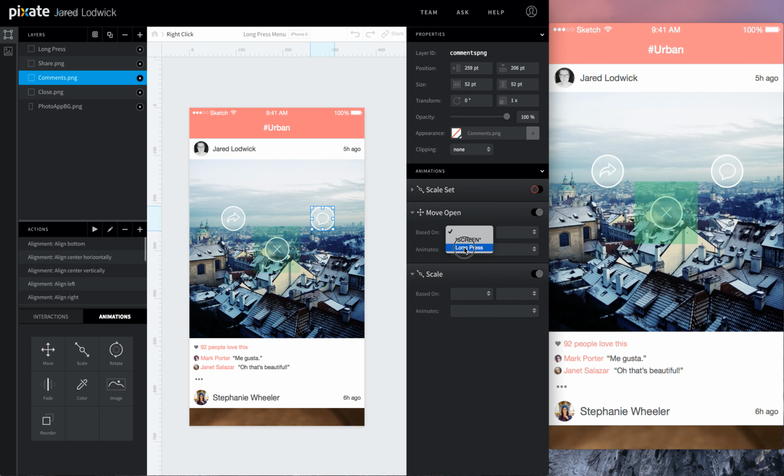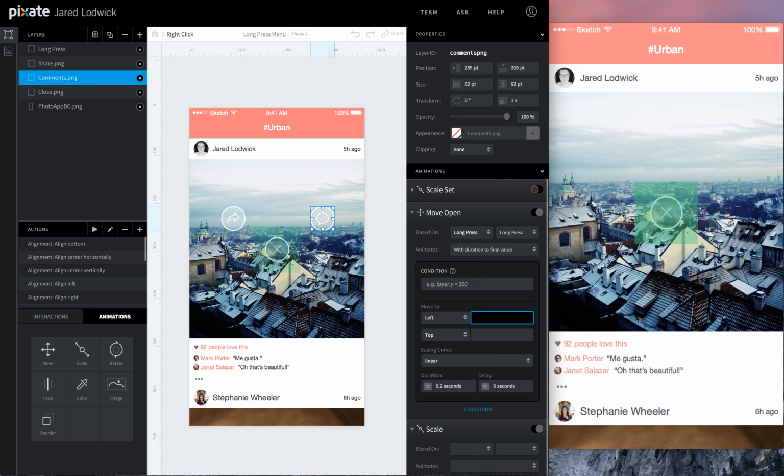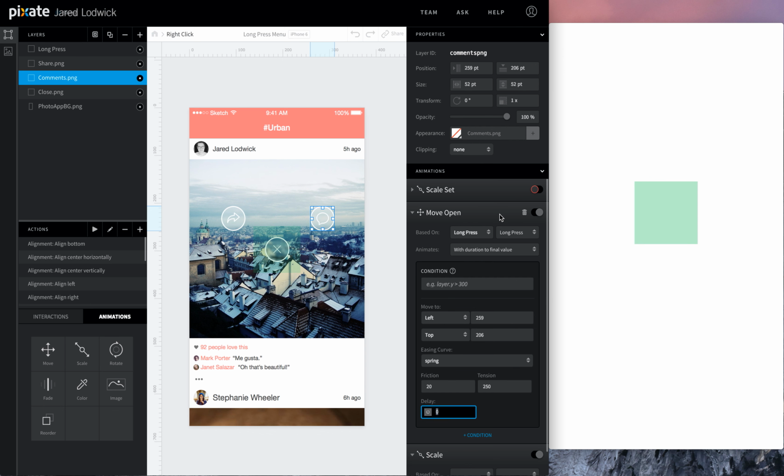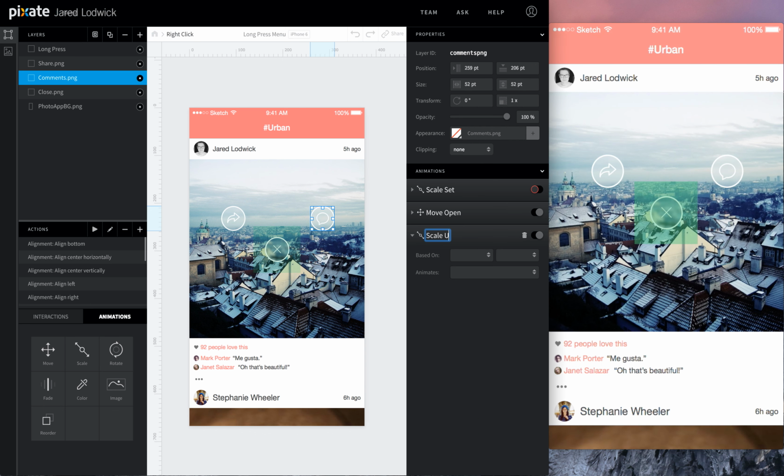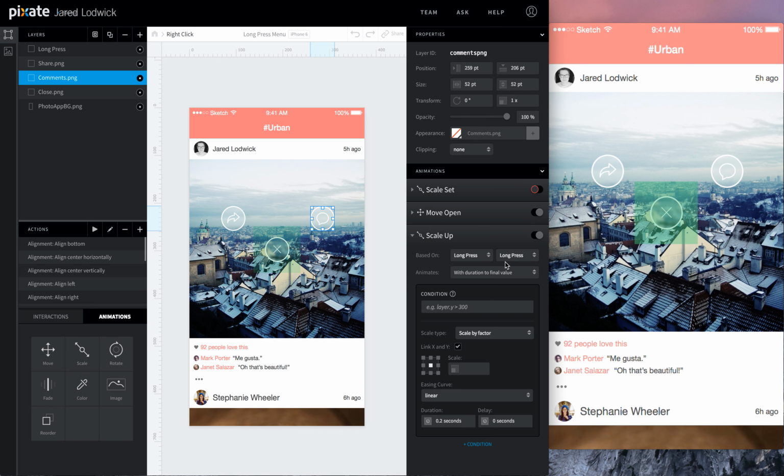Move open when long press is pressed, and it's going to be at its current location of 259 and 206 pixels down from the top with the spring tension of 250. And then scale up with long press, scale to 1 times its size, spring of 250.